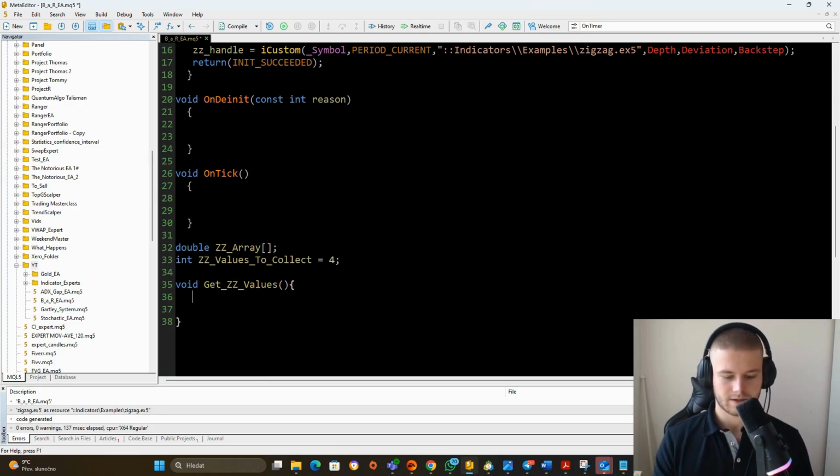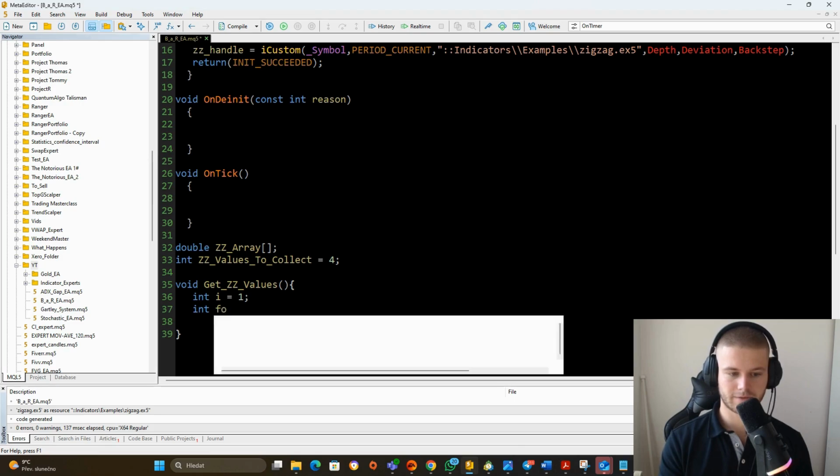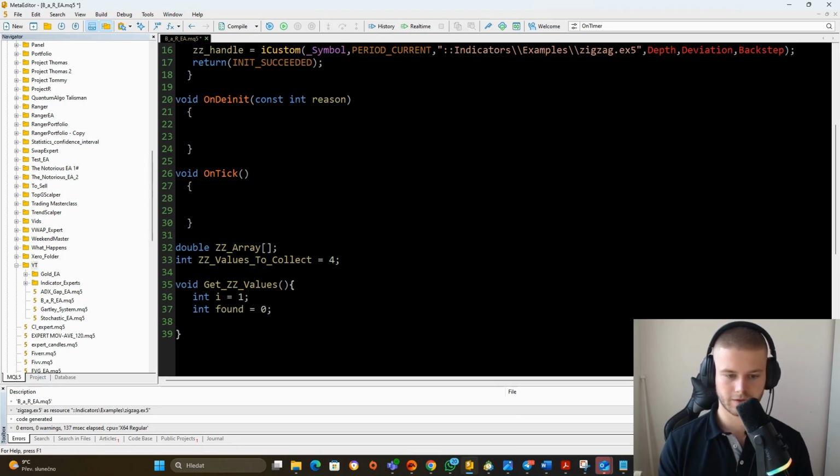So let's go here and let's create firstly the i variable, which will be used for iteration, which will initially be set to 1, and then an integer called found, which will basically keep track of the number of zigzag values we have already found in our while loop. And the while loop is right here. So while found is lower than zigzag values to collect,